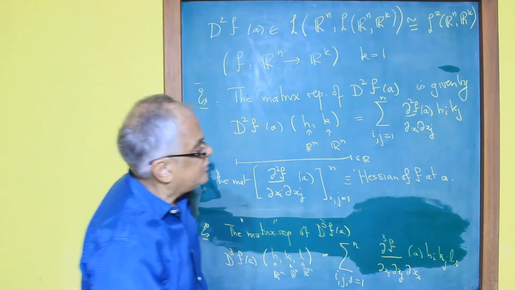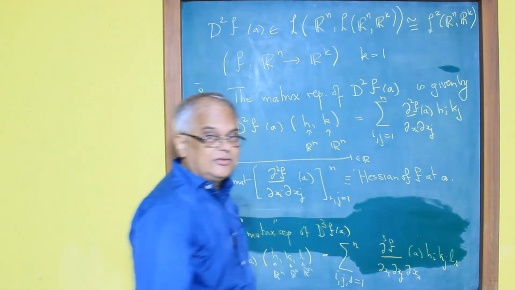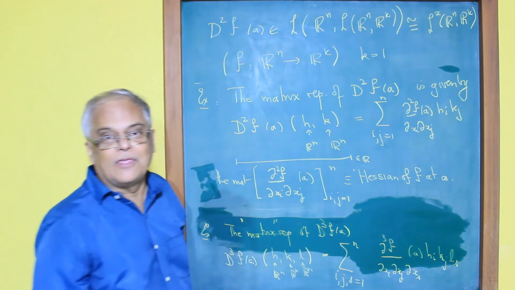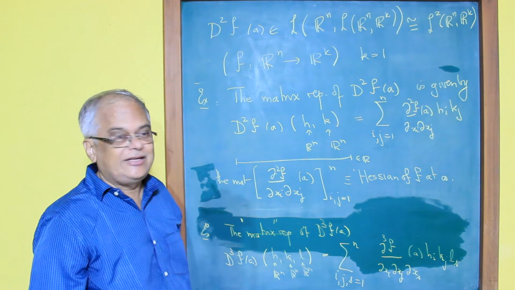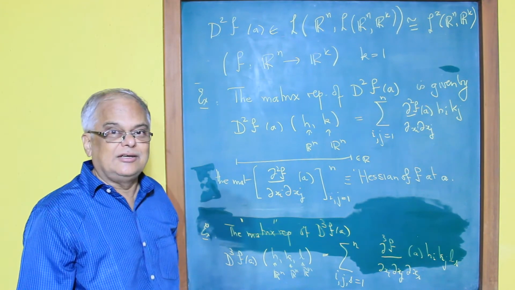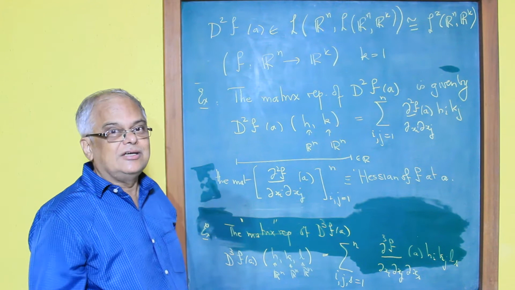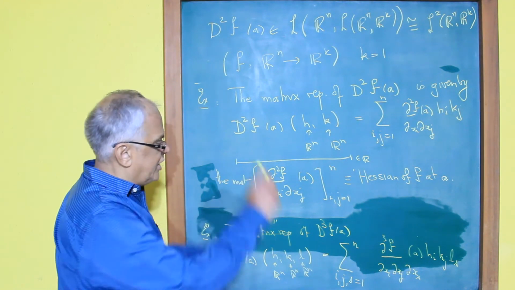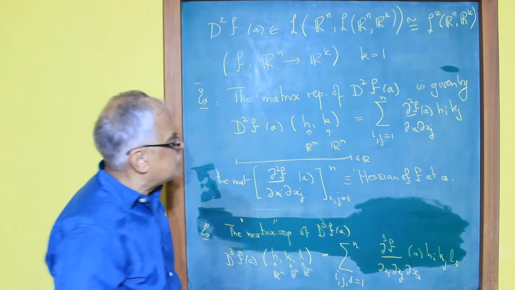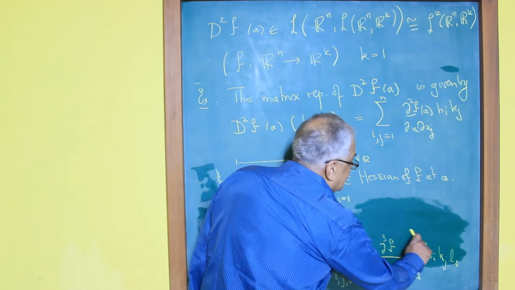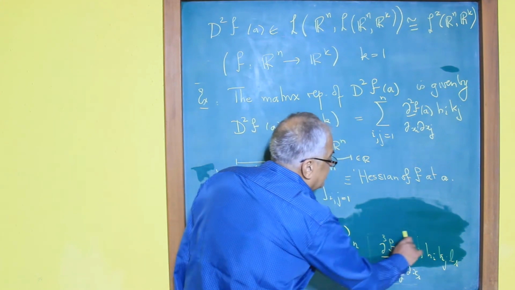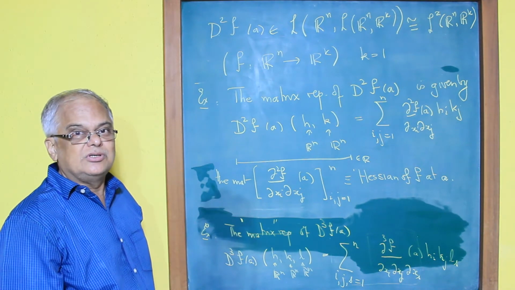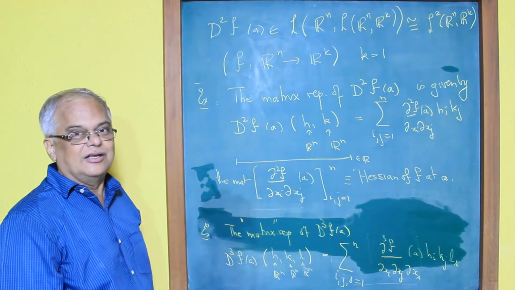And you must verify that this thing that I've written on the right hand side is in fact a trilinear map of H, K, and L. When K and L are fixed, it's linear in H. When H and L are fixed, it's linear in K. And when H and K are fixed, it is linear in L. Once you have this idea straight, you will be able to write down what every nth derivative is. Now you see this quantity that I'm writing down here is not a matrix. It has three indices. But that is what corresponds to the Hessian for the second derivative.